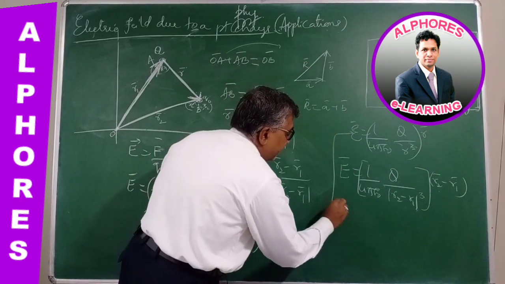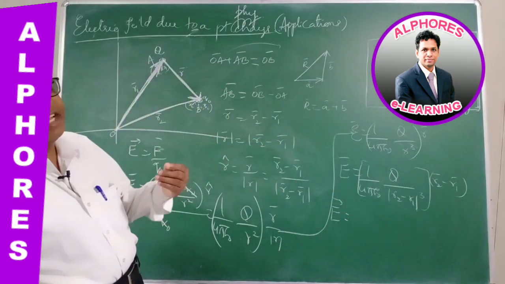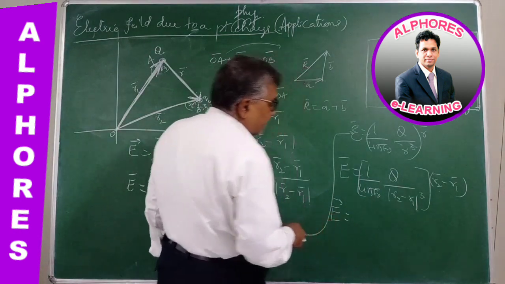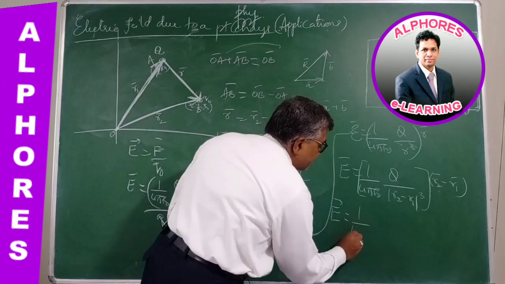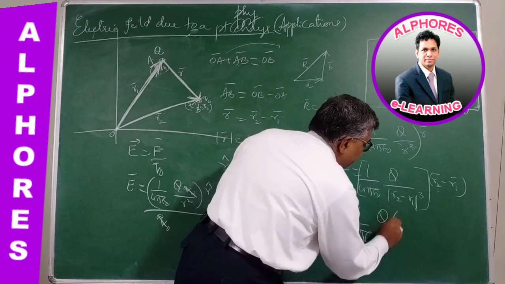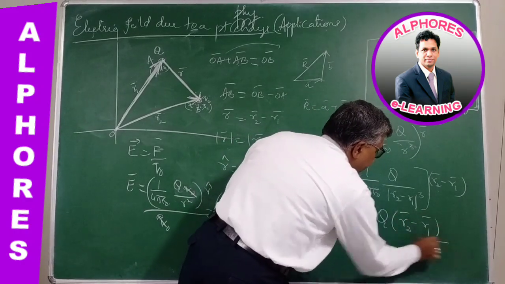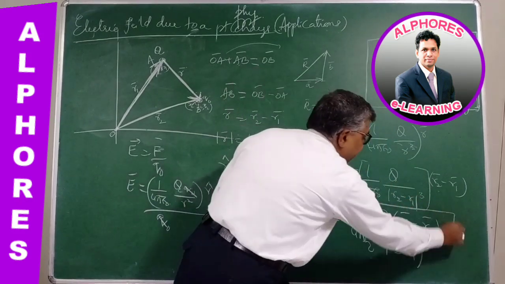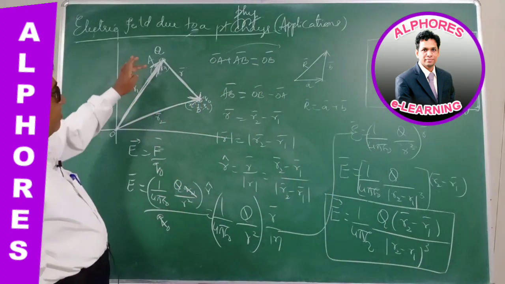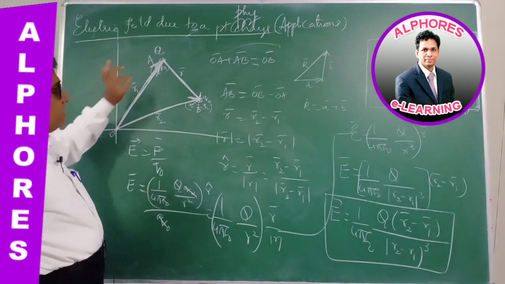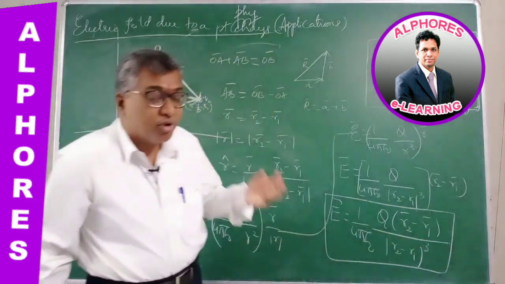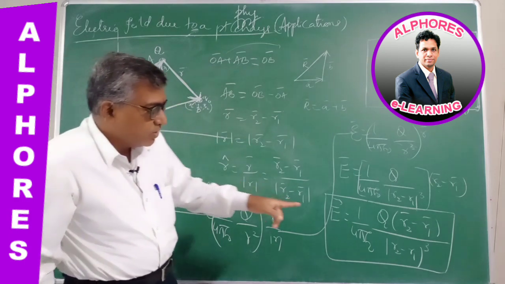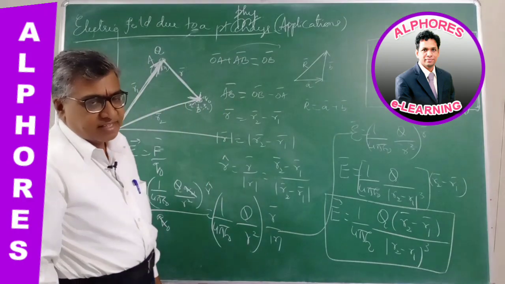So the vector form of the electric field at any point in the Cartesian plane due to a charge at any point in that plane is given as 1 by 4 pi epsilon naught capital Q times R2 bar minus R1 bar by mod of R2 minus R1 whole cube. This is the vector form of the electric field, where the charge is placed at the point whose position vector is R1. So R1 represents the position vector of the point where the charge exists. R2 is the position vector of the point where we have to find the electric field, the point of consideration.